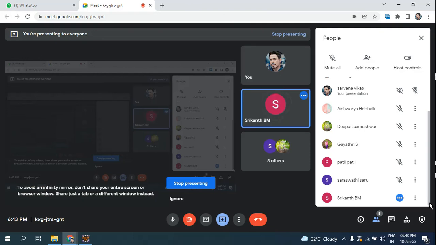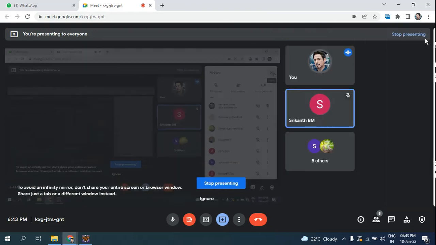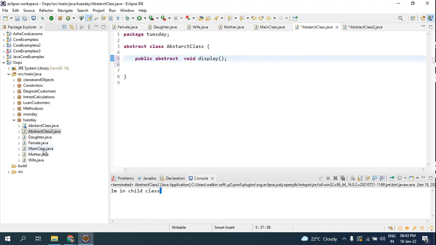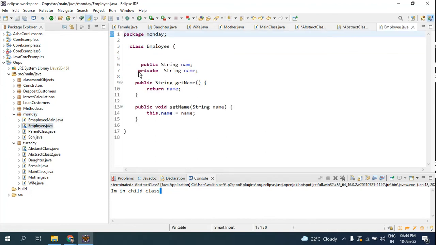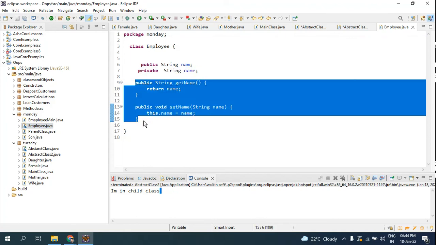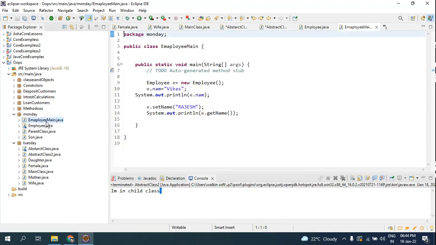No, sir. So this is the OOPS concept. As I said, these four things are the main. In yesterday's class, I talked to you about encapsulation. Encapsulation means a class has private attributes. If you want to get access to those in the main class, you have to use getters and setters methods,